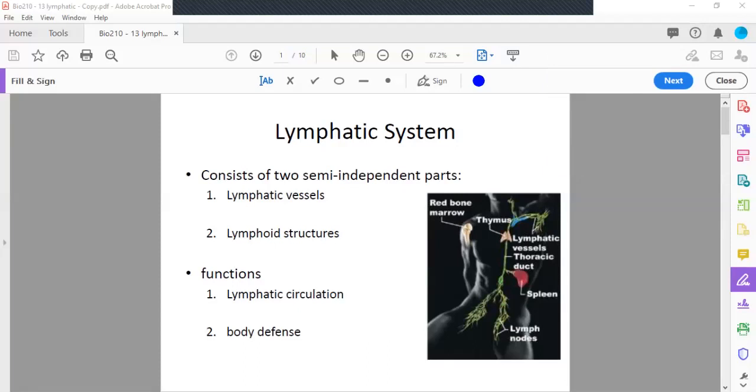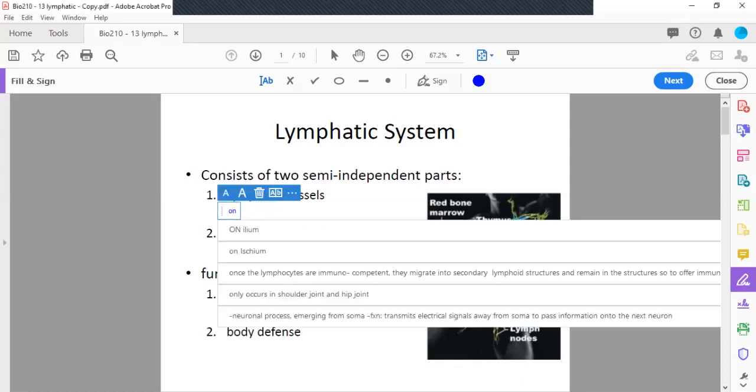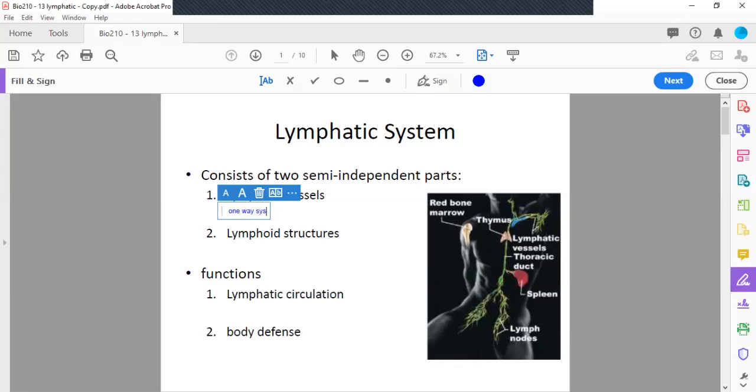The first part is the lymphatic vessels. The lymphatic vessels resemble the blood vessels, but to be more precise, they resemble the veins as opposed to the arteries. So we can make a note on this: the lymphatic vessels' main purpose is a one-way system,